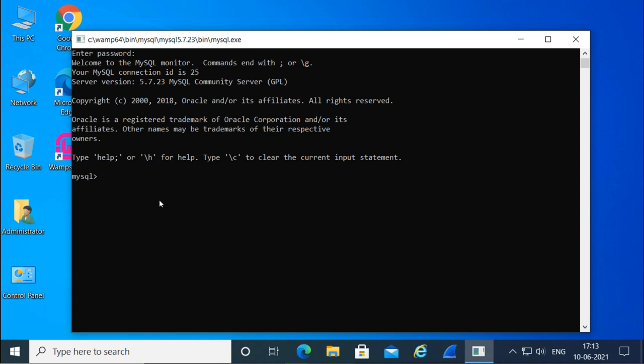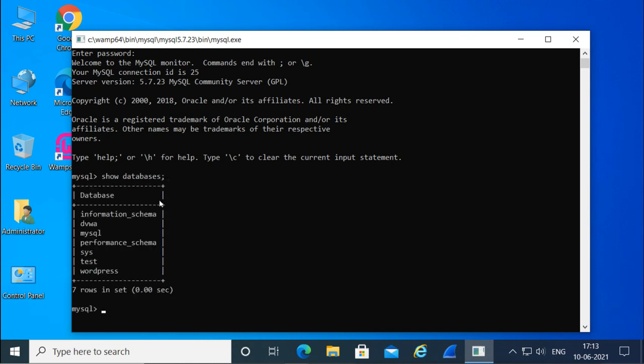So the query which I am going to run here is the kind of query which web application developers design in their web applications to run on these servers. For example, I want to see the databases, so I will run the command show databases, and I have to end the query with a semicolon. Now it is showing me the databases available here. Very simple. You run the query command, and it will show you the information.